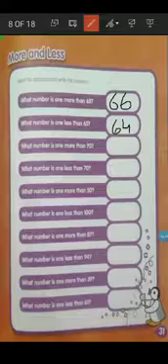What number is 1 more than 70? What will happen if we add 1 to 70? Yes, it will become 71. So you have to do the rest of the exercise in the same way, which is about more and less. We are going to add 1, it will become more, and if we are going to do less, then we will subtract it. Now do your work at home.